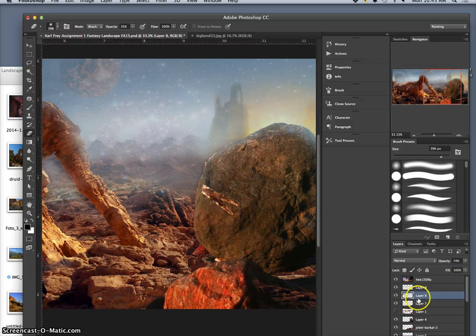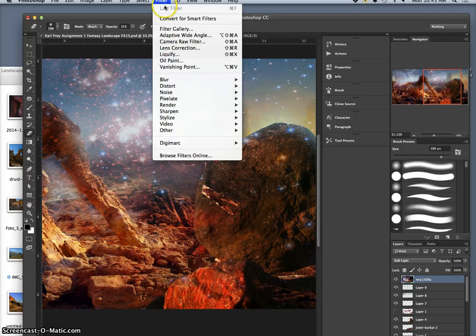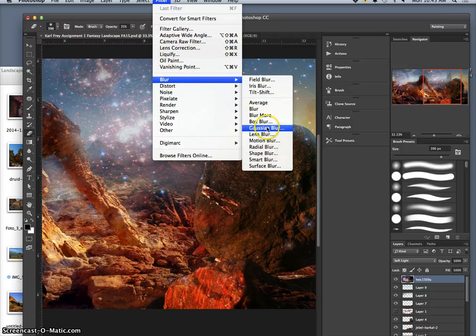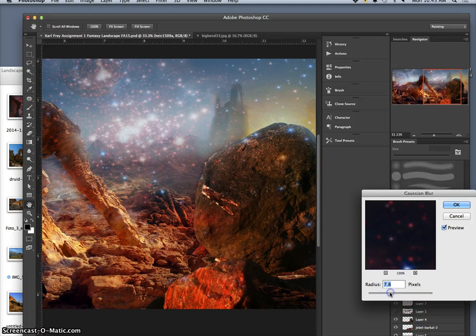I can also blur it slightly. Since this one is so sharp, I can use a filter. This is the only filter we tend to use. And it's Gaussian Blur. Just to take the edge off. Okay, that will